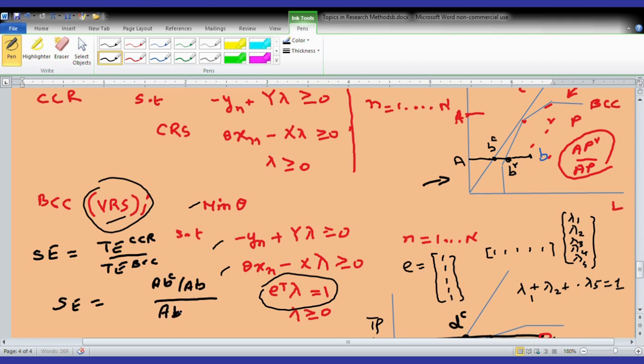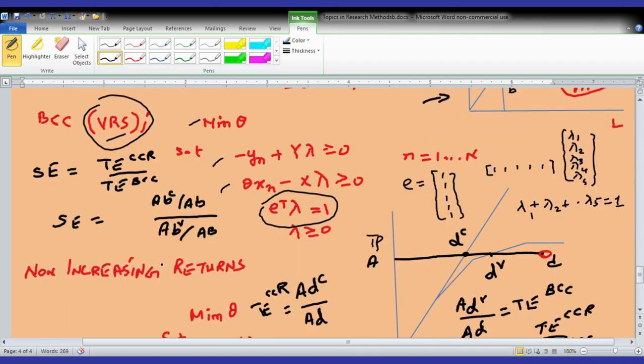AV divided by AB, and so AB is cancelled out, and we have scale efficiency equal to ABC divided by ABV. So this is the scale efficiency for point B, and see that this is going to be equal to or less than 1. You can also see from this